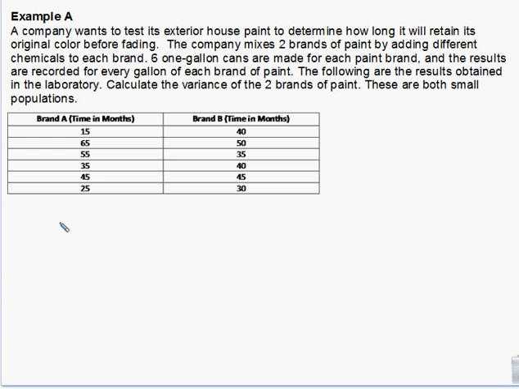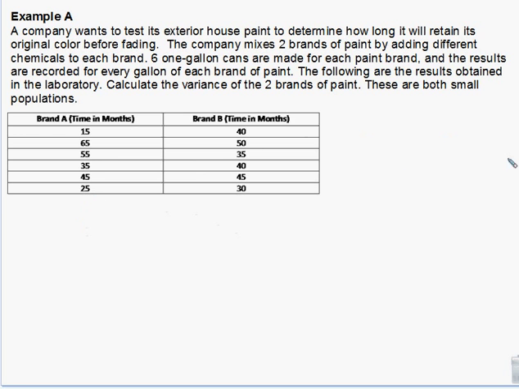And so this company is going to test these two paint formulas, A and B, to determine which one is the better formula. Maybe it won't last as long on average, but if it's more reliable, it has a smaller variance, then people are going to be happier because you can say what the average is, and when they buy the paint, it can be expected to last about that long. Does that make sense? Okay, so that's why.